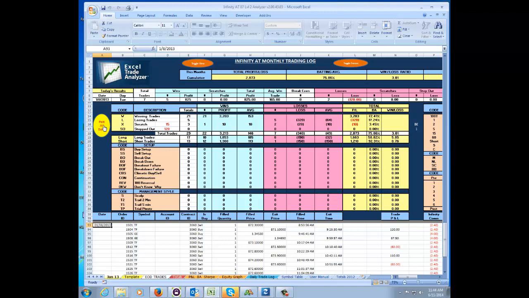Actually the analyzer posts them for you, but it's just letting you know that you forgot to post all your dates. So now that I've got that posted, it will bring it up in my total sheet,